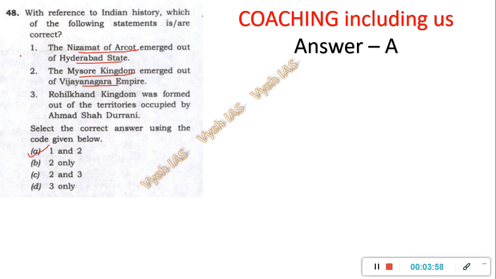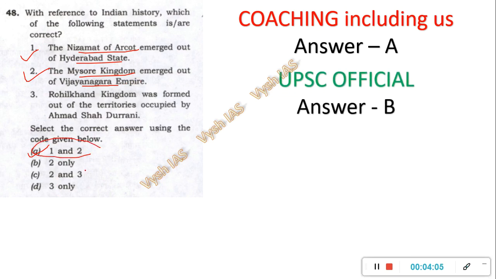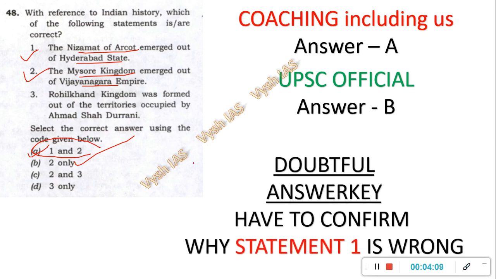So 1 and 2 is the true thing, and because there is no 1, 2, 3 as option, we had locked our answer as 1 and 2. Okay, but now when the answer key has come, it is actually 2 only. Okay, so due to some reason, the statement 1, I have to confirm why this statement 1 is wrong, so that I will check, and when I do the full video, which I am doing parallelly now in another